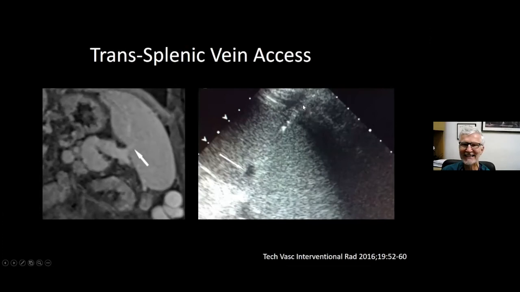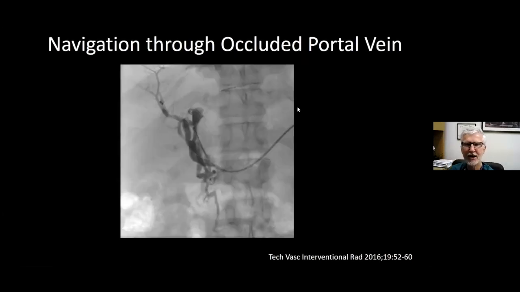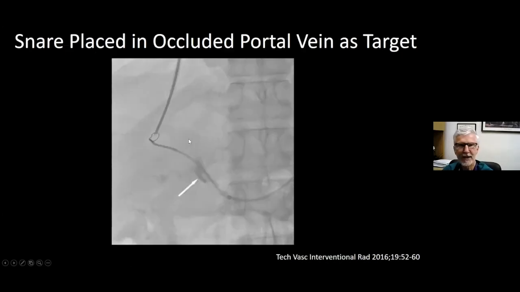You're going to pass this needle into the splenic vein, get in there with a catheter, and try to find your way across that chronic occluded portal venous system. And here's what was shown in this article from 2016. They found their way across the chronically occluded portal vein with a catheter and guide wire, and then they put